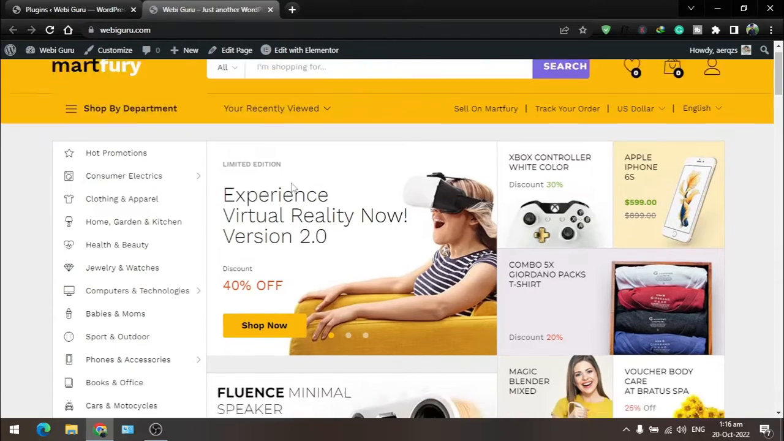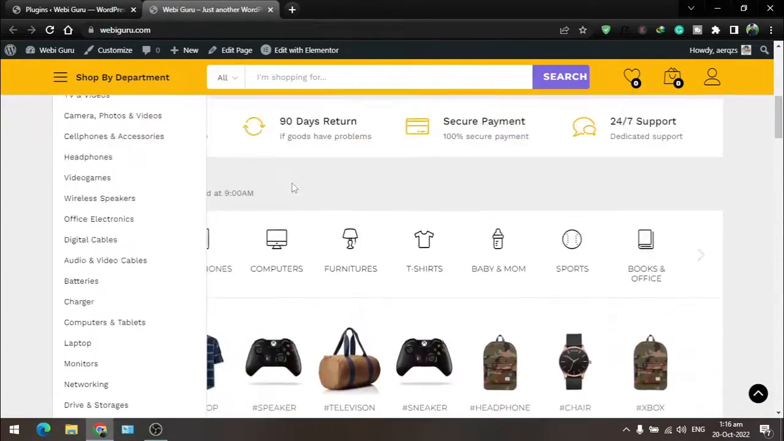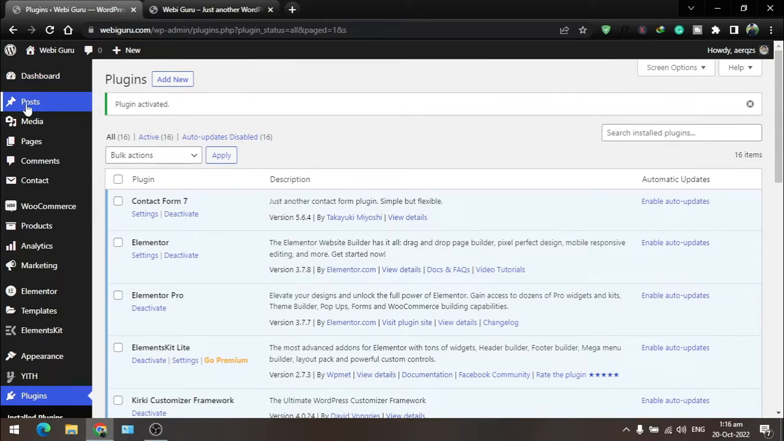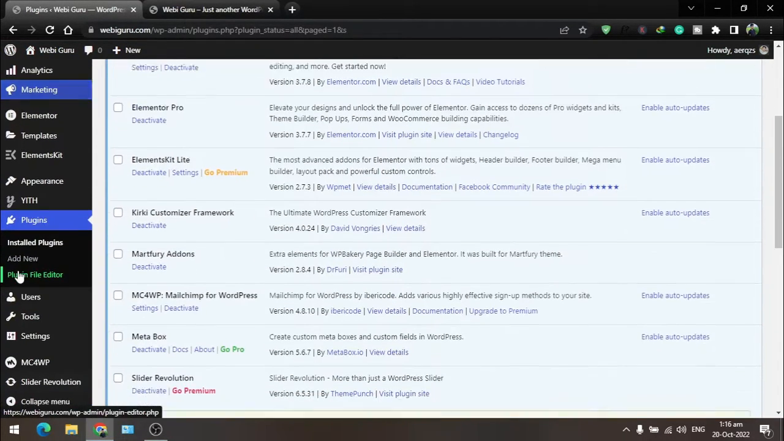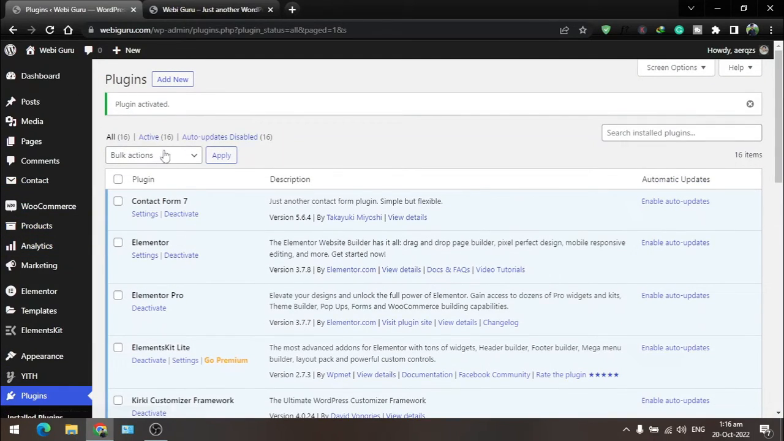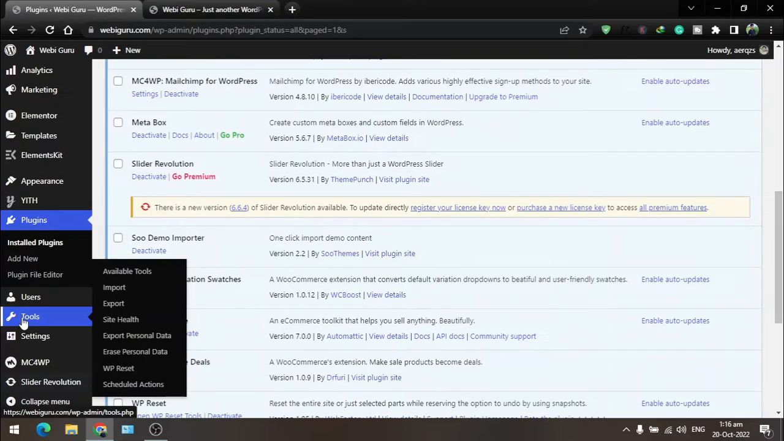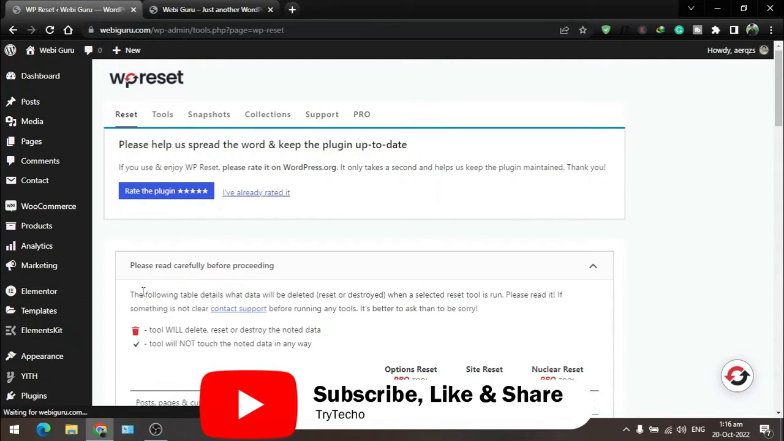You can see there is a lot of content on my website and I want to reset it and delete everything. You can see there are a lot of plugins. To reset it, I just need to go to the tools and select this WP Reset. Scroll down